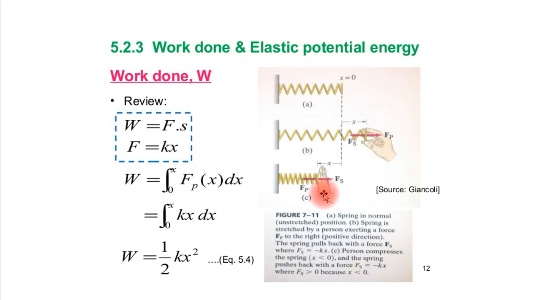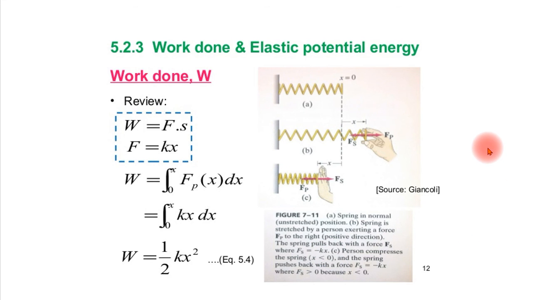The force applied by the external agent, here this person, and the force developed within the spring are opposite to each other. In each case, the direction of x and the direction of force developed within the spring will be opposite to each other, and we get the expression for the force developed within the spring: Fs is equal to minus kx. Now we are interested in the magnitude of the force only. So for simplicity, we get Fs is equal to only kx.